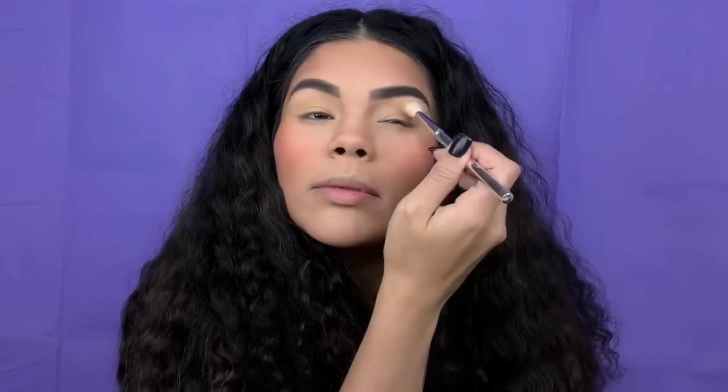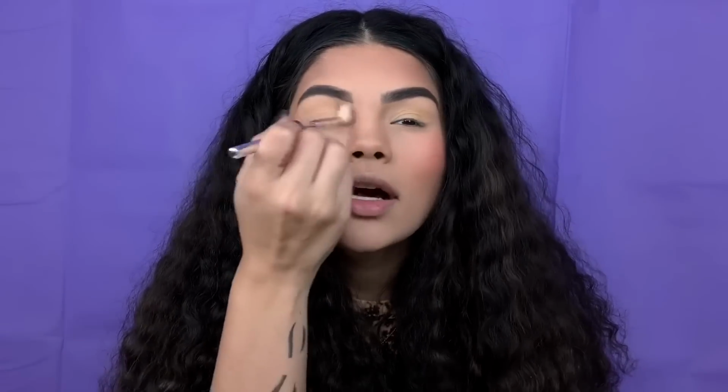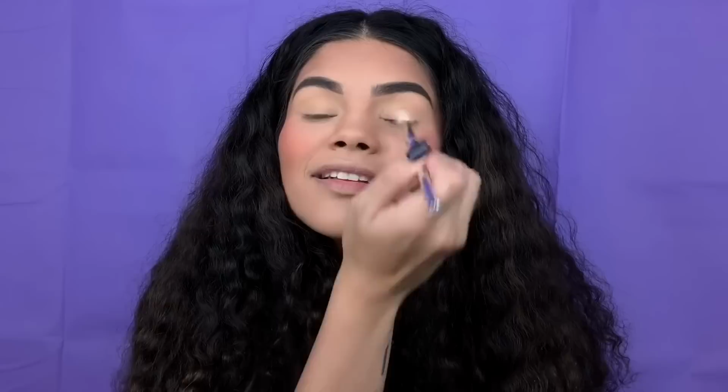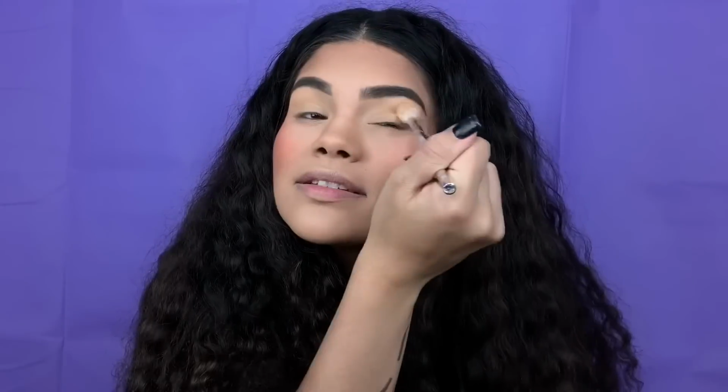And for today's eyeshadow look, I'm going to be using blue colors. And the reason why I'm putting down this color first is because you don't just want to go straight in with a very strong color. You want to have some transition shades so everything can blend together instead of just looking messy. Okay, now that I'm done with that,